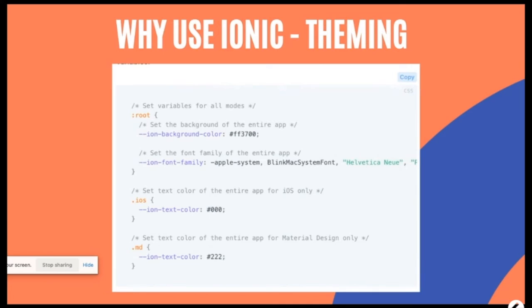Then Ionic has theming. As I showed in the demo, you can flip a switch from light mode to dark mode. With Ionic, you can set all your themes and your CSS variables in one file. For different situations, you can have different CSS. Suppose the user enables dark mode, use this CSS rather than that CSS. Suppose the platform is Android, use this CSS. Suppose the platform is iOS, use that CSS, etc.